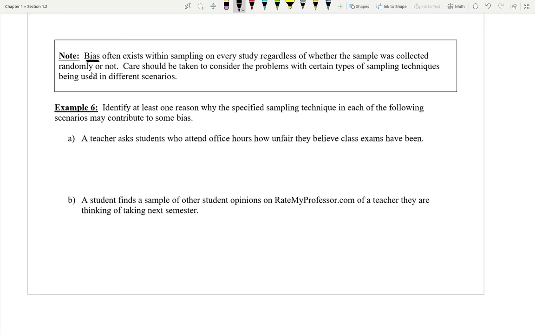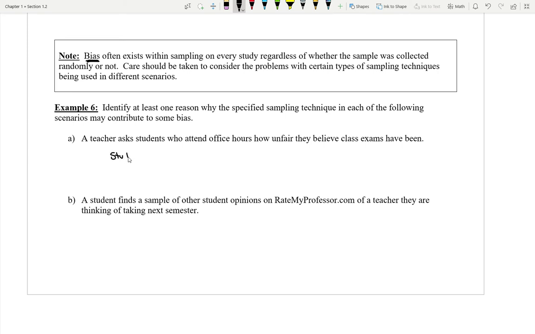Now, even if this sample was obtained randomly, there are probably going to be some big problems with asking this. Can you imagine this? Imagine you were to come into my office hours, and I just asked you, so do you believe the exams in our class are fair or unfair? Is it possible I might not get an honest answer from you? That might depend on your comfort level with me as an individual, but you could easily imagine that if you walked into somebody else's office and they asked you something like that, you might not give a fully honest response.